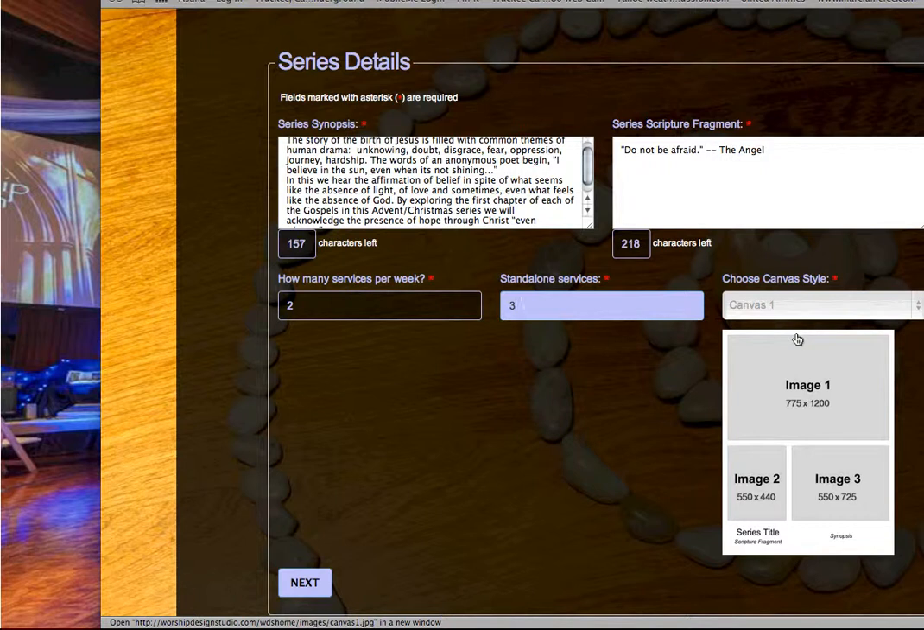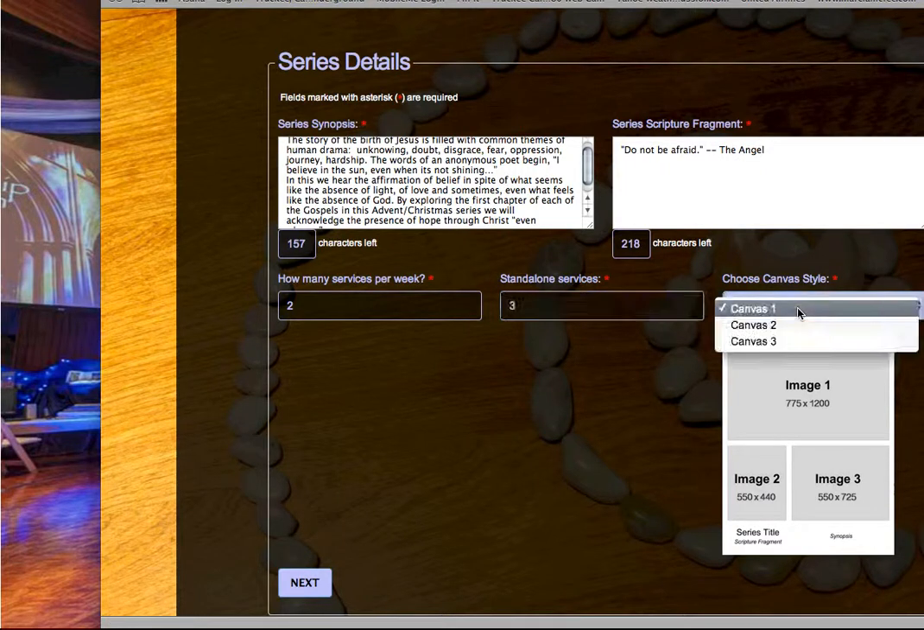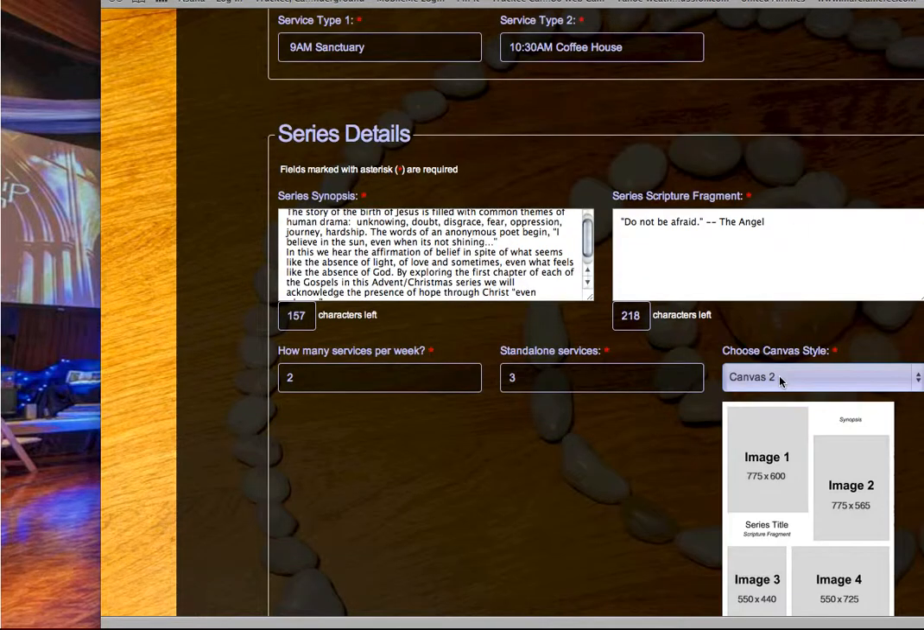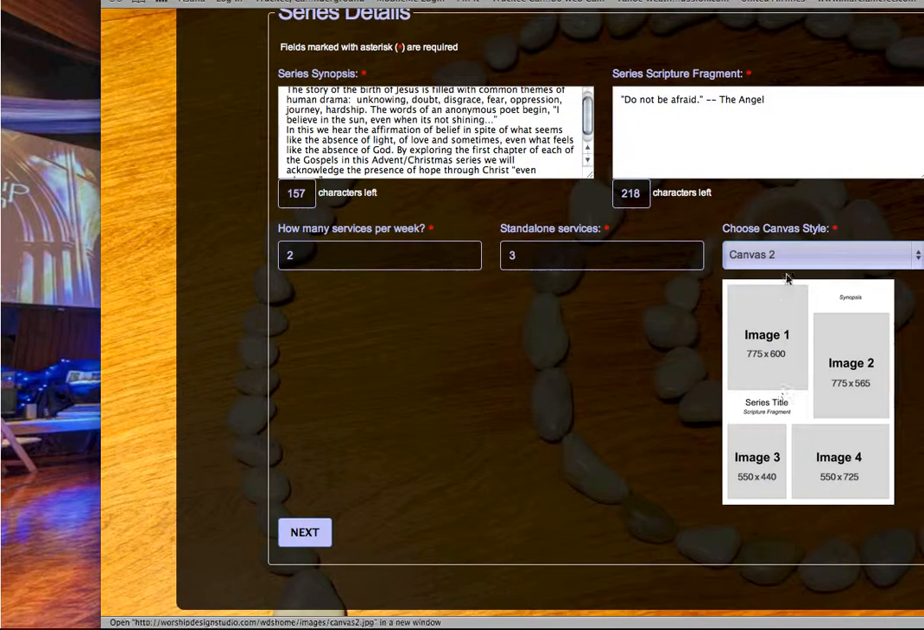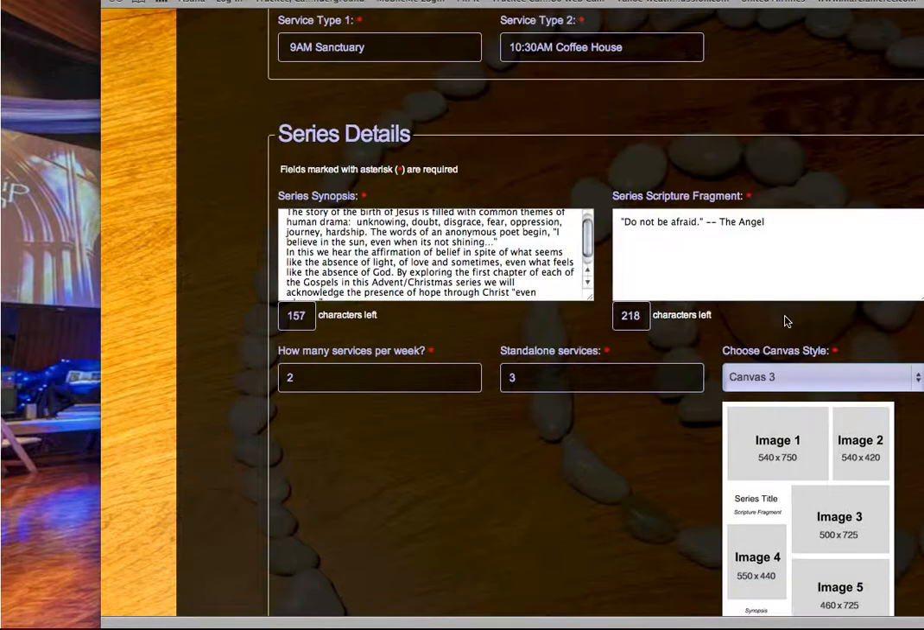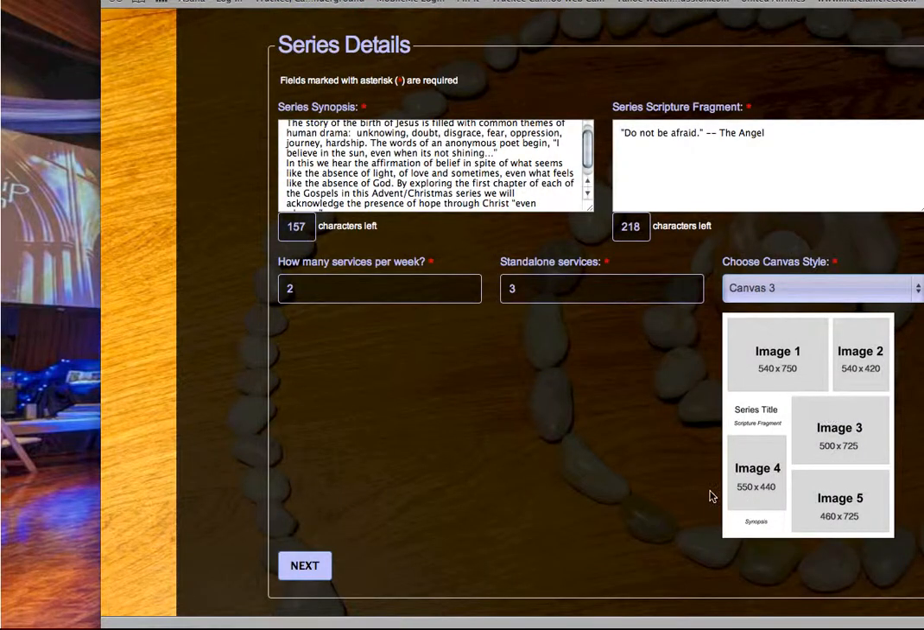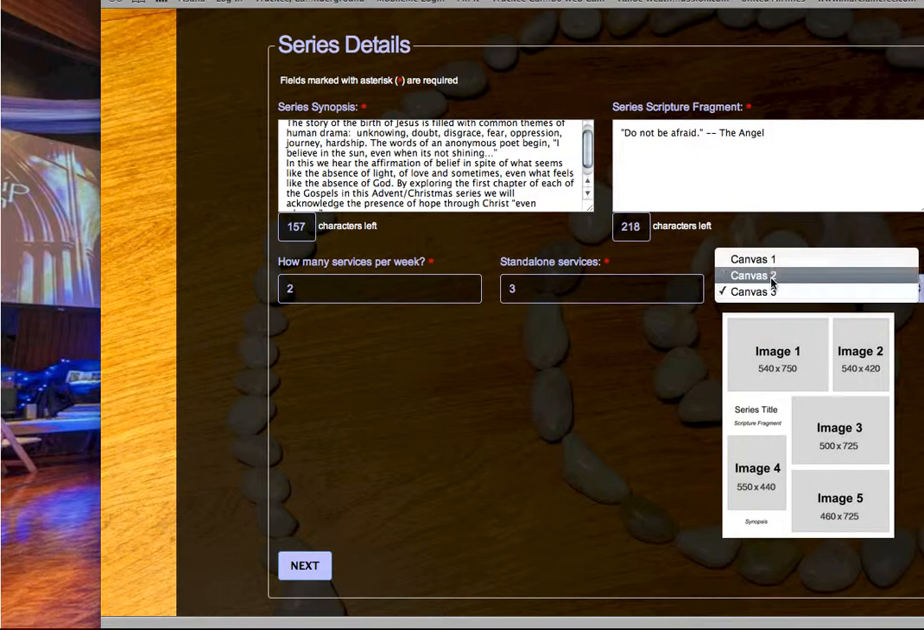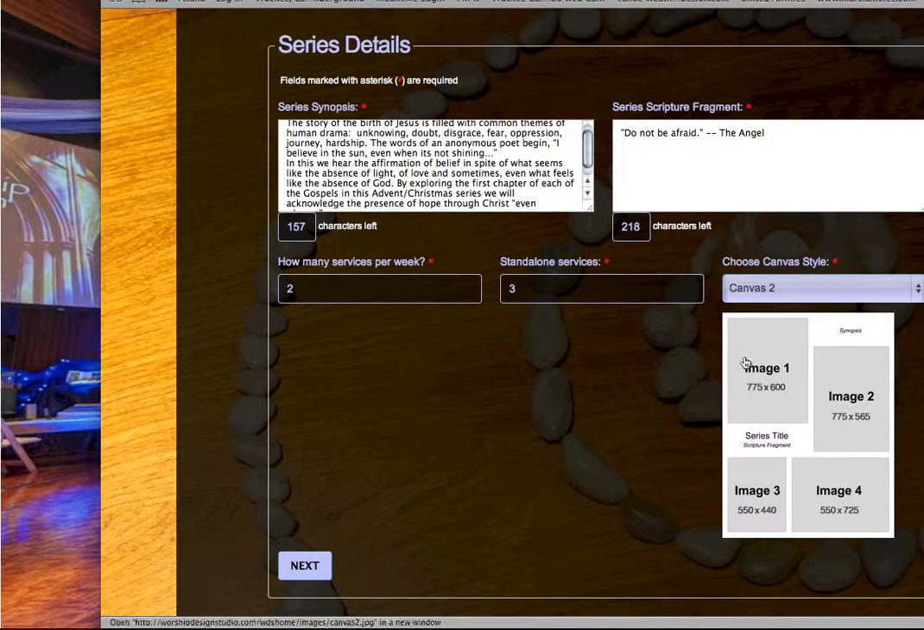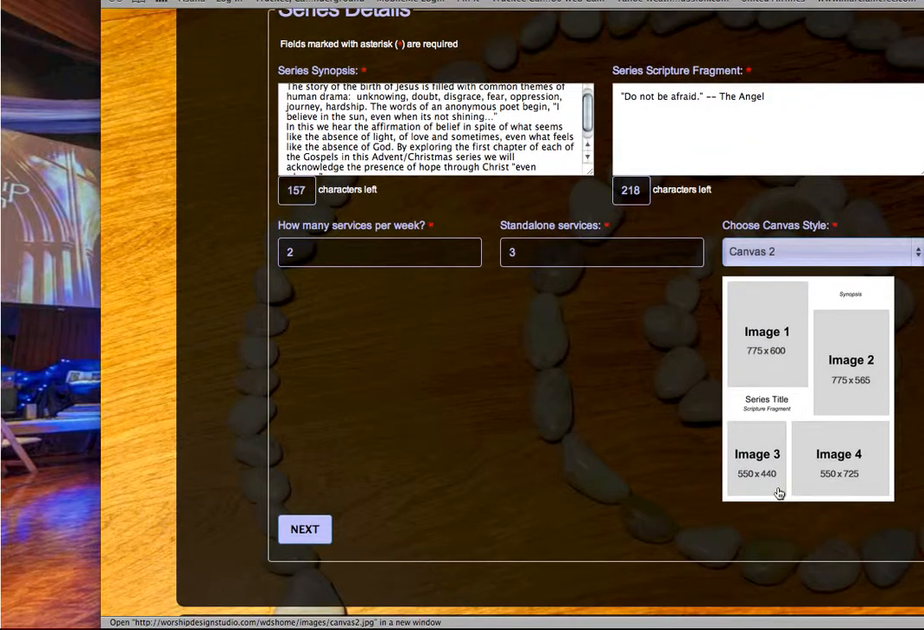All right, now you choose your canvas style for your inspiration page. There are 3 different canvases. The first one has 3 images. The second one, see, has 4 images. And the third one has 5 images. So you just pick what format that you'd like to use. I'm going to do Canvas 2 because we have 4 Sundays and I want to put 4 images in there that correspond to my themes. And when you're done with that, you click